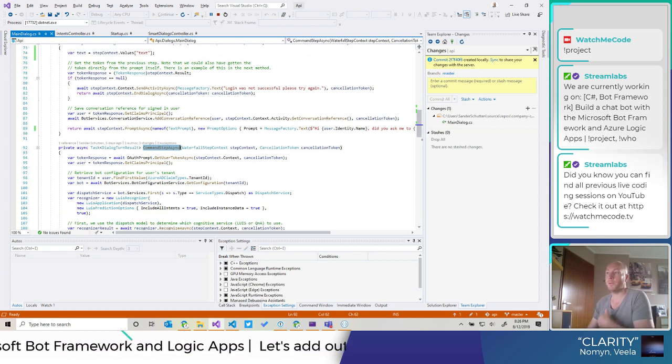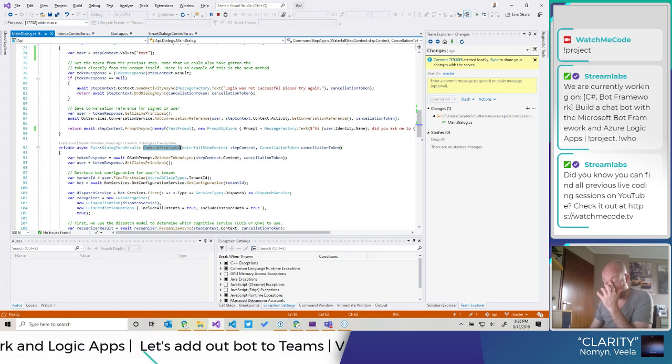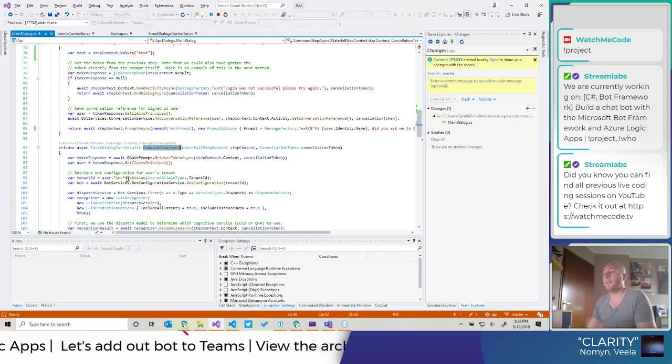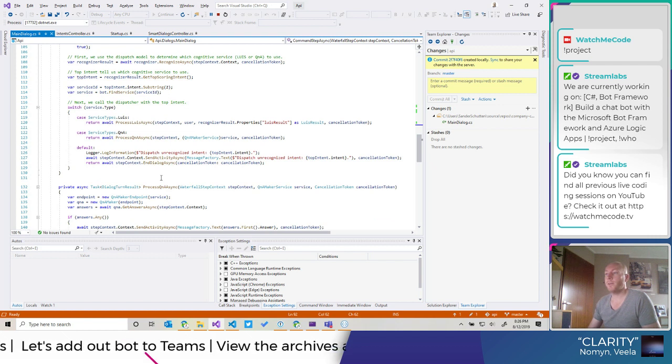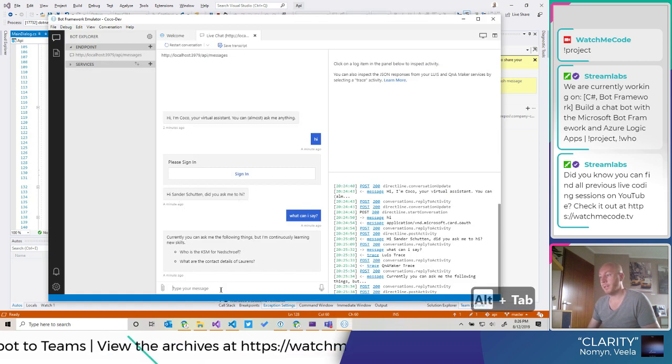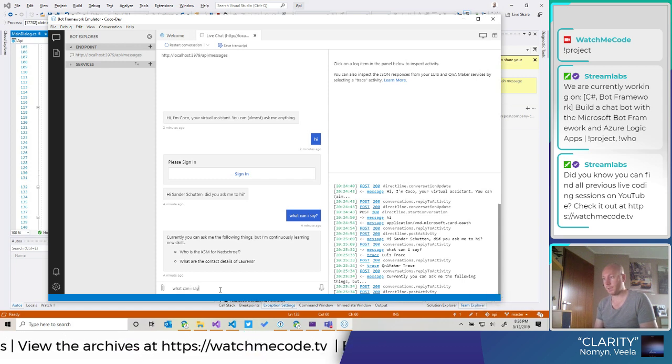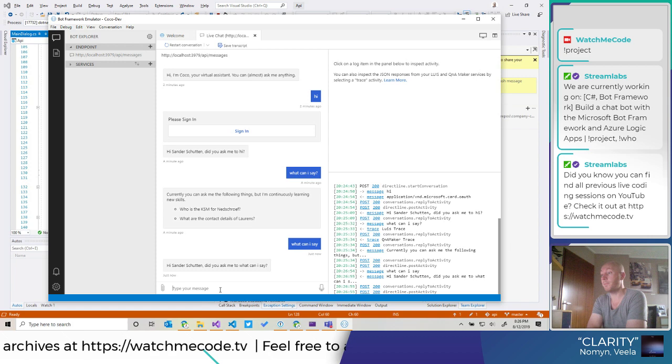This is going to figure out what to do with the reply from the user. And once that's finished, all the way down, it will eventually do an end dialog. So the dialog is now completed. So when I say again, what can I say? I would assume that I would receive the same reply. But since it's not,